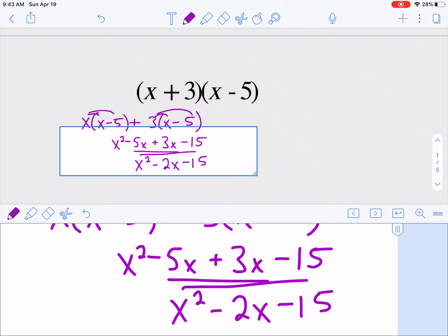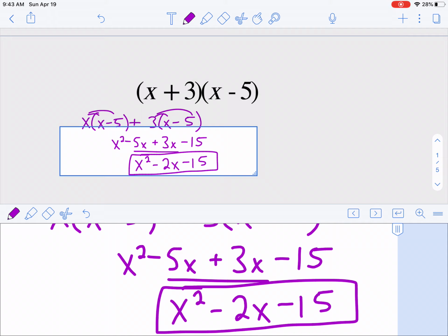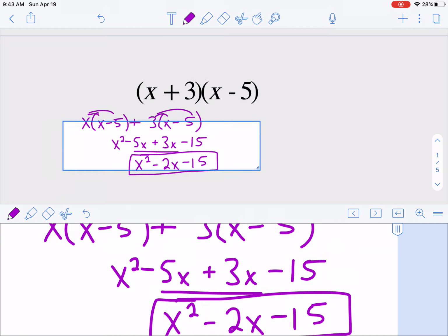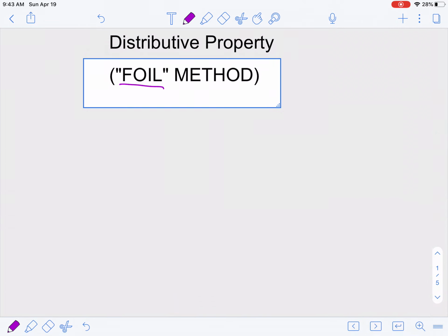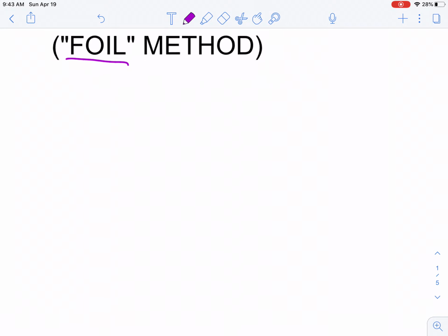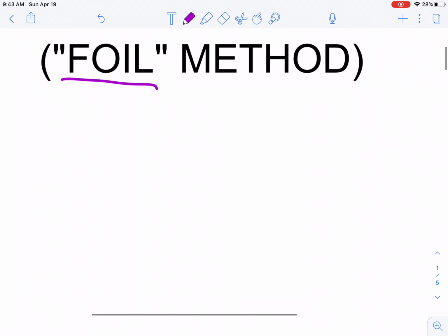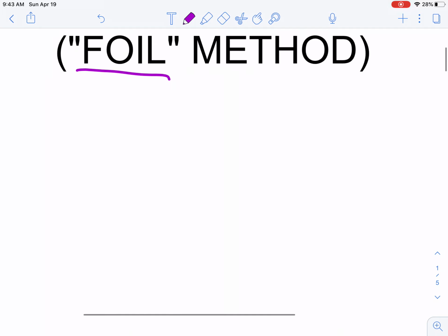And then notice these two terms here are alike, negative 5x and 3x, giving me x squared minus 2x minus 15. And you say, well, I don't want to go through that whole process every single time and splitting apart that first one and multiplying it times the x minus 5. That takes a lot. That's where the whole acronym FOIL comes into play, F-O-I-L. Now, typically, math teachers don't like to teach FOIL, and to be honest, I'm not really real keen on it either, but the thing that does come into play on this is that if I'm multiplying a binomial times a